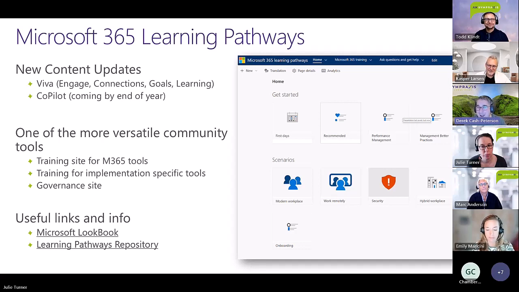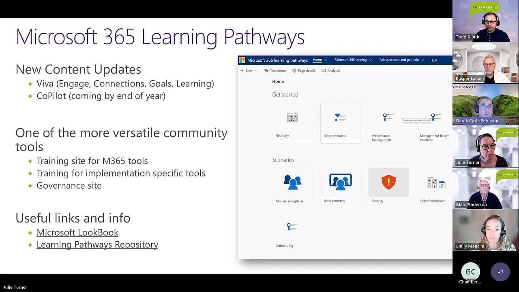So I don't pull the content together. I just help them launch it. But I do know that that's in the works, and that's going to be out by the end of the year. So if you're using learning pathways, keep an eye out on the changelog because you will see new Copilot